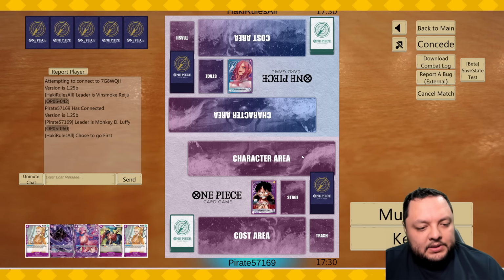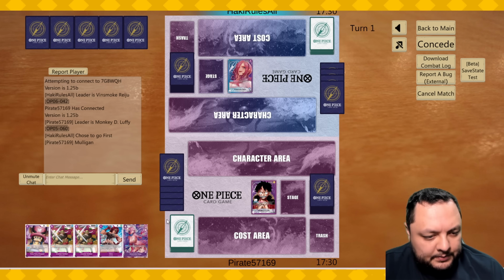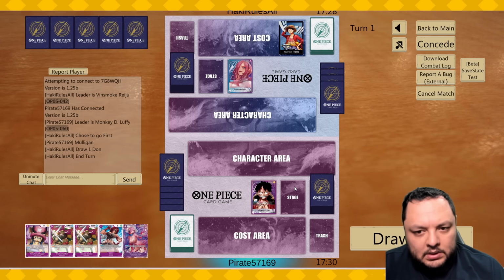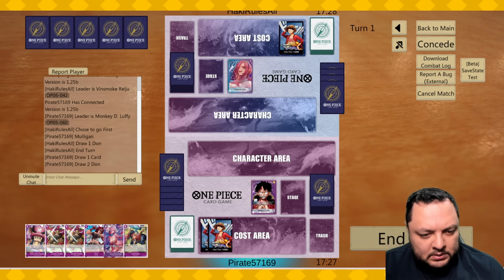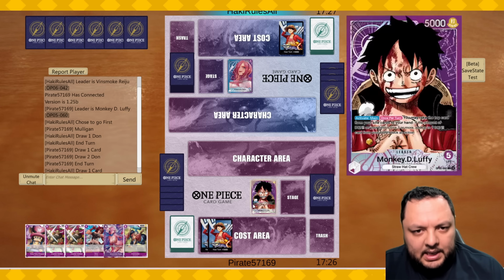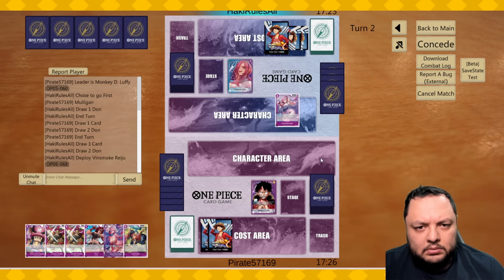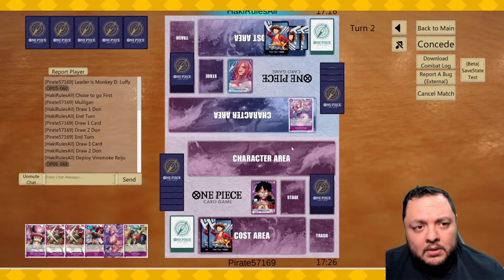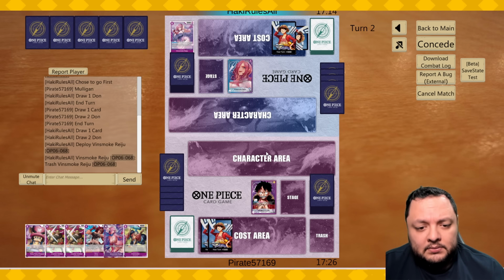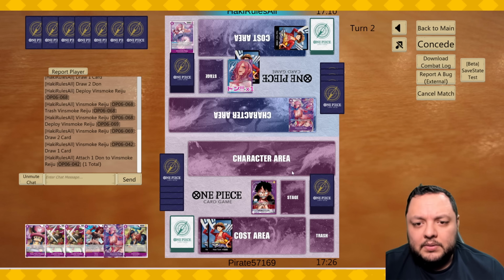All right, let's fight some Reiju. Mulligan this hand. It is not great, actually. I don't really have a good play here. My opponent's gonna draw 4 cards here. 3 cards. Not the greatest, but...